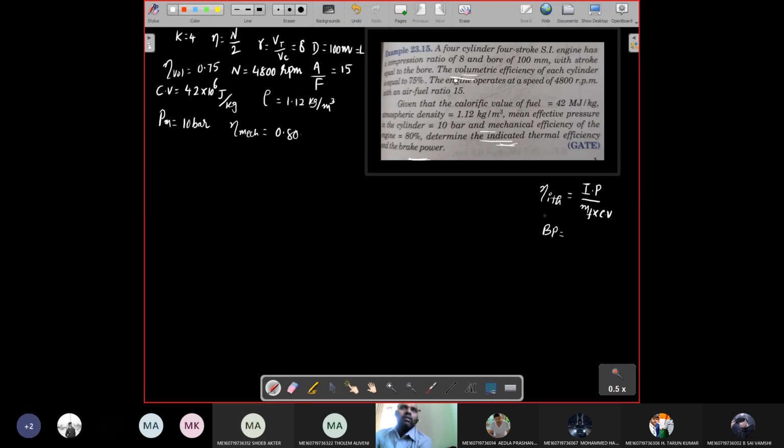So this is the data given. In order to calculate brake power, we require the data, but it is not there. But mechanical efficiency is given. Just check whether it is possible to calculate indicated power. Once you know indicated power, then we can calculate brake power by using mechanical efficiency. So check how to calculate indicated power. Is it possible to calculate indicated power with the given data? PM L A N divided by 60,000 into K. What is the unknown value here? Please tell me.